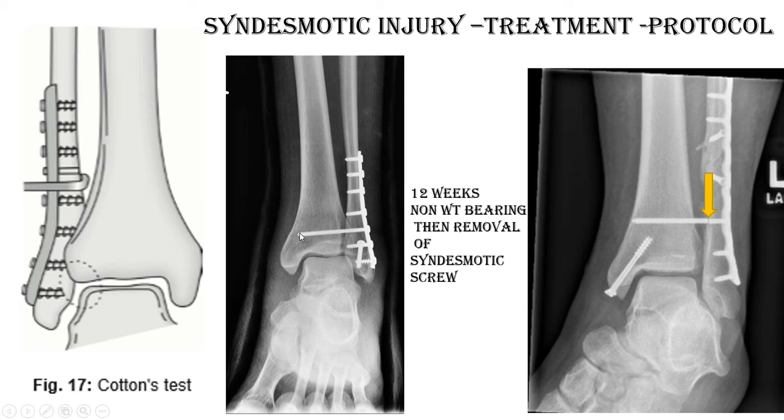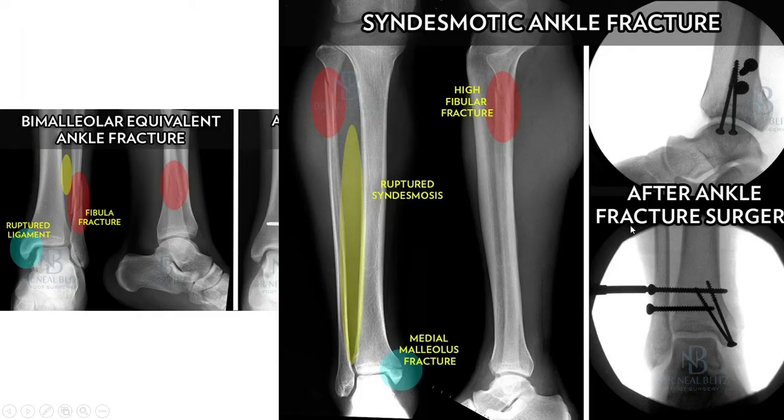Sometimes if we put this screw through the fourth cortex also, this is called fourth cortex holding, and the patient may try to bear weight, then there is a chance of stress fracture. I already told you the implant will break. So after union of this bone, you have to remove this screw through a small incision, after 12 weeks of the index surgery. Okay.